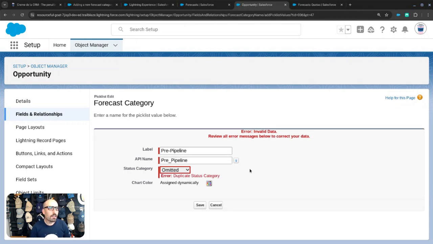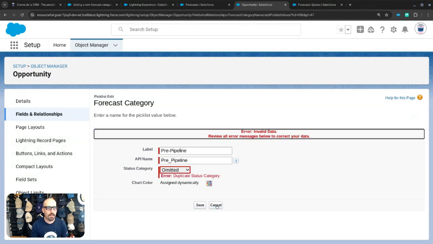Aha. Okay, we got the error. Yay, we finally made it. Change the API name as enabled. Okay, duplicate status category. So it sounds like,